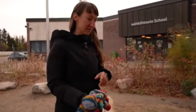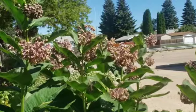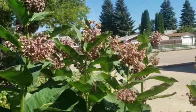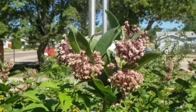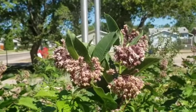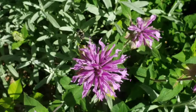In this garden in the spring, I found miner bees, sweat bees, lots of bumblebees, bees that I haven't identified yet. And so in Saskatchewan, just in case you don't know, we have over 350 different species of indigenous bees, so not including honeybees. So when we're talking about building habitat for these bees, it's most important to know what